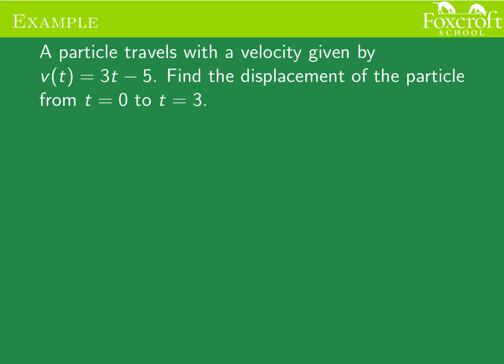So that allows us to do problems like this. We have this particle, and we know exactly how fast the particle is moving at any time t. We're going to find the displacement, which just means how far the particle has gone from 0 to 3. All right, so using that net change formula and what we know,